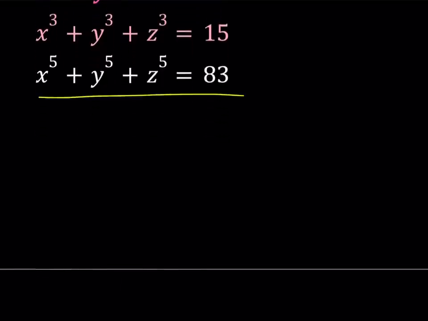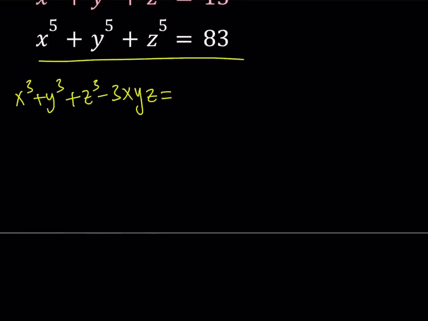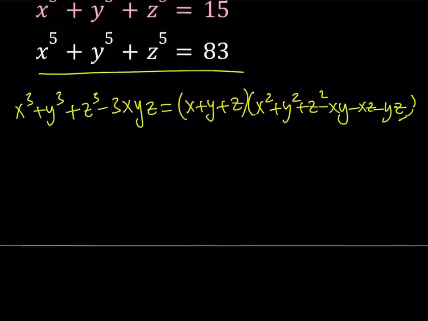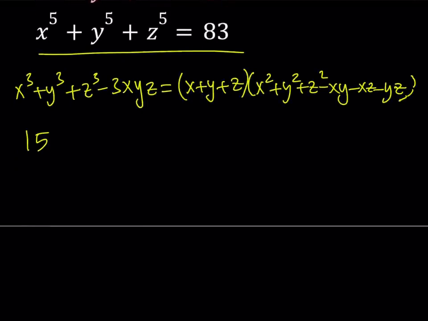So let's go ahead and write our famous identity. As you know, this polynomial, and we've done some videos on this, is divisible by x plus y plus z, and we can write it as follows. So this gives us the first part. We know the value of x cubed plus y cubed plus z cubed, so let's go ahead and replace it with that. And let's make some